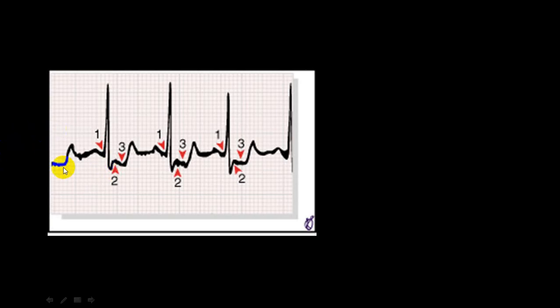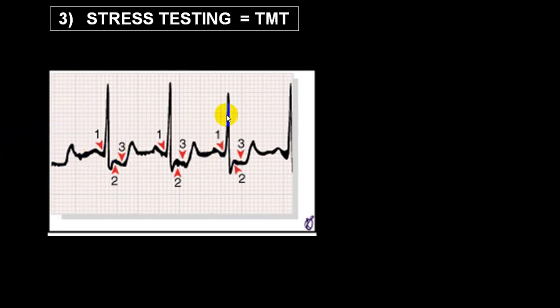Here you can again have a look. See that there is an ST depression. And look at the PR segment. PR segment is abnormal. Now if in aVR you get an ST depression,